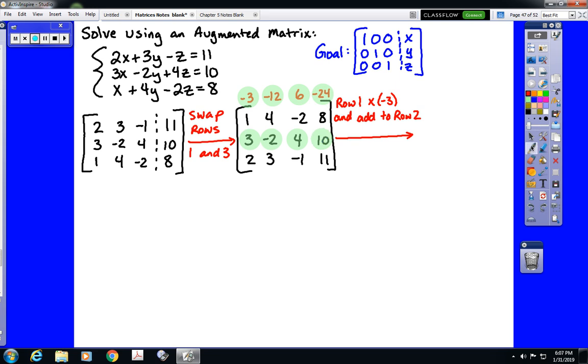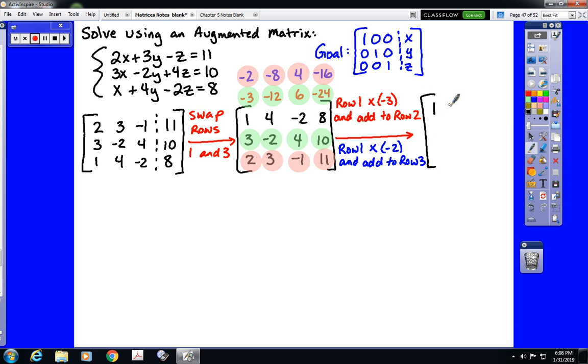Now while we're at it, I'm going to carry out a second set of the same thing, row 1 times negative 2, and I'm going to add that to row 3. So row 1 times negative 2 would be negative 2, negative 8, positive 4, and negative 16. And then I would be adding those numbers, which I'll use pink highlighter here, to the third row. So I'm doing basically 2 steps at once. I hope that doesn't bother you too much. Which will give me,